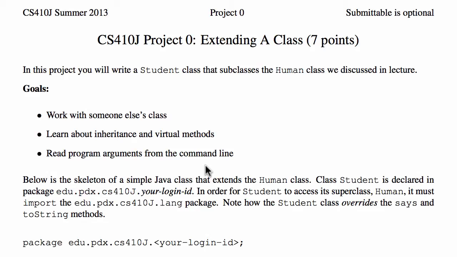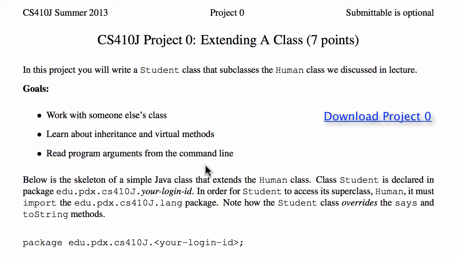The subclass is human that was discussed as part of the object-oriented programming lecture. Now, human is a class that I wrote, and you, the student, will write your own student class. The subclass is mine. This is one of the primary goals of this project, is to work with someone else's class. We'll also have an opportunity to learn about inheritance and virtual methods,